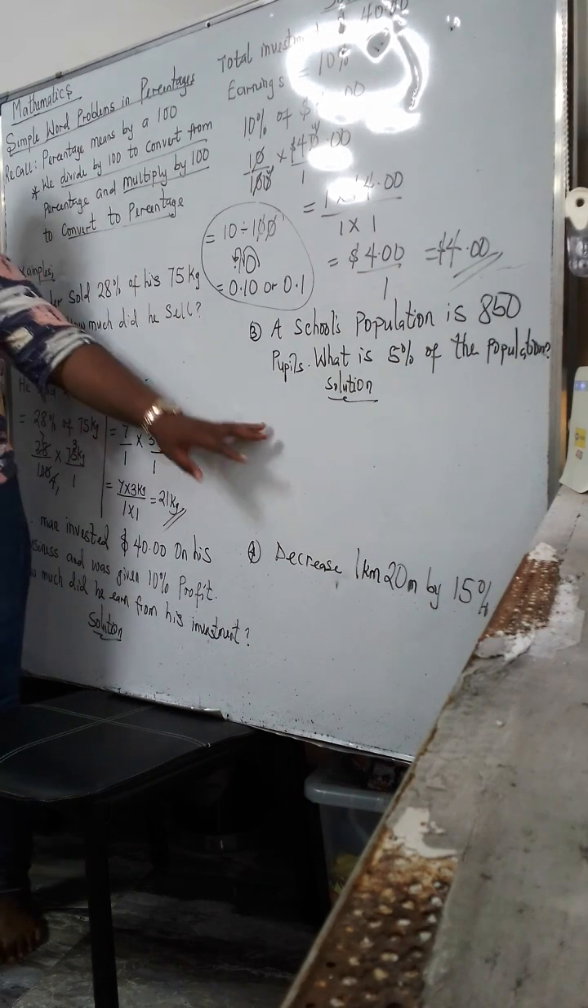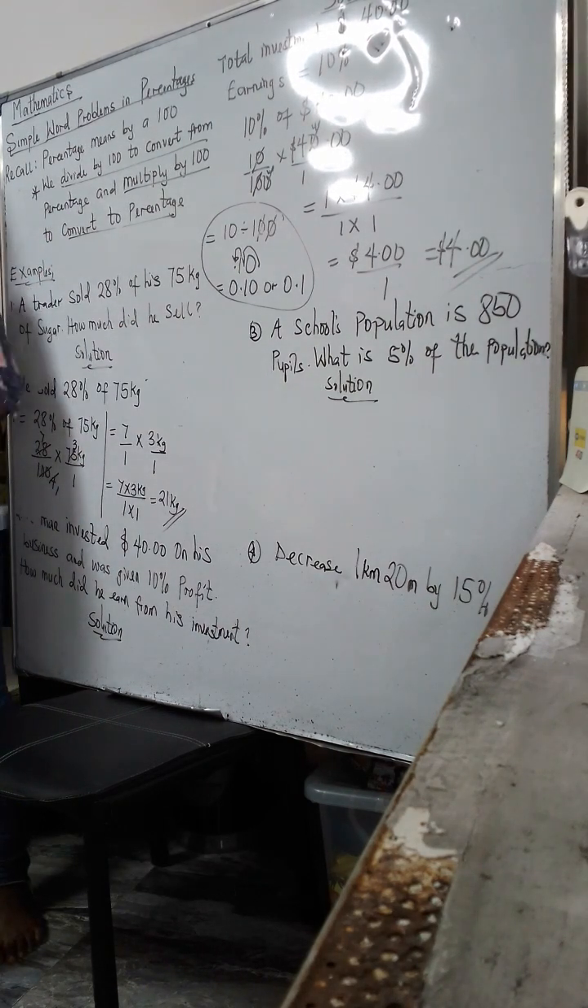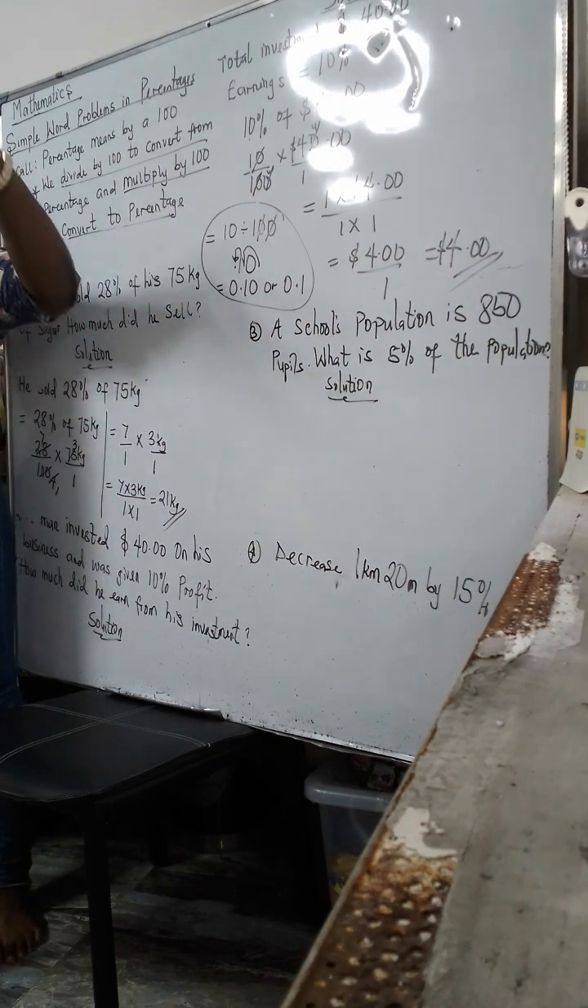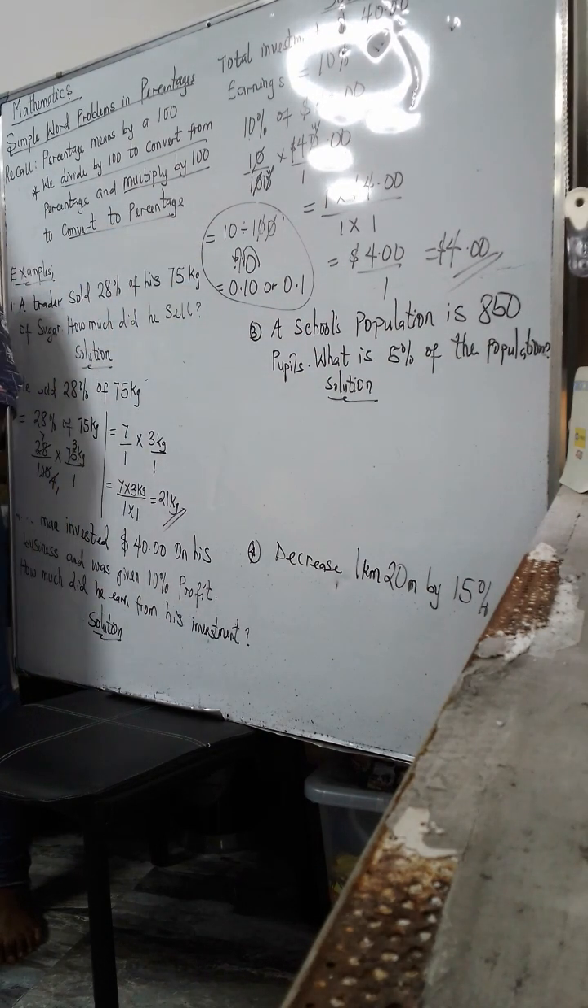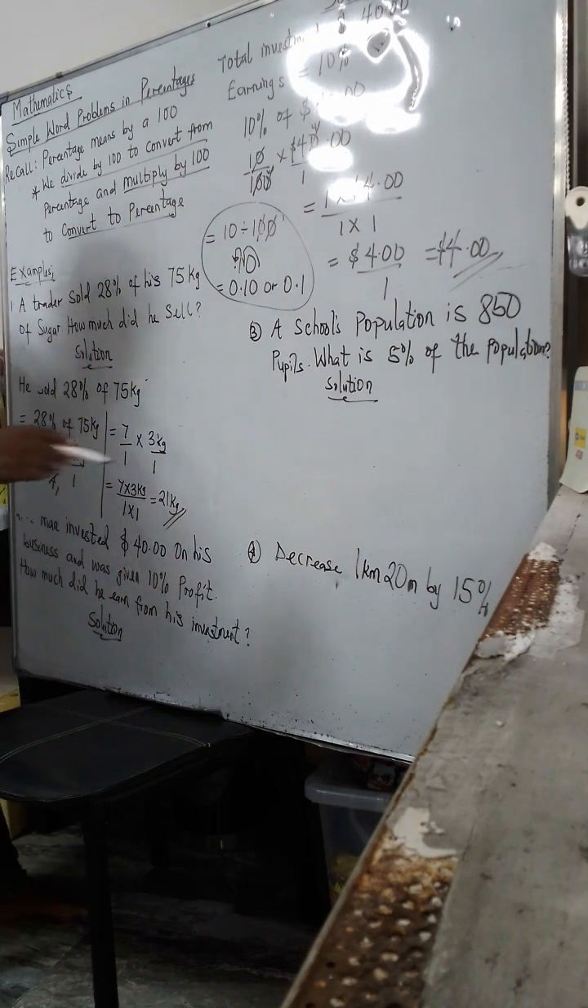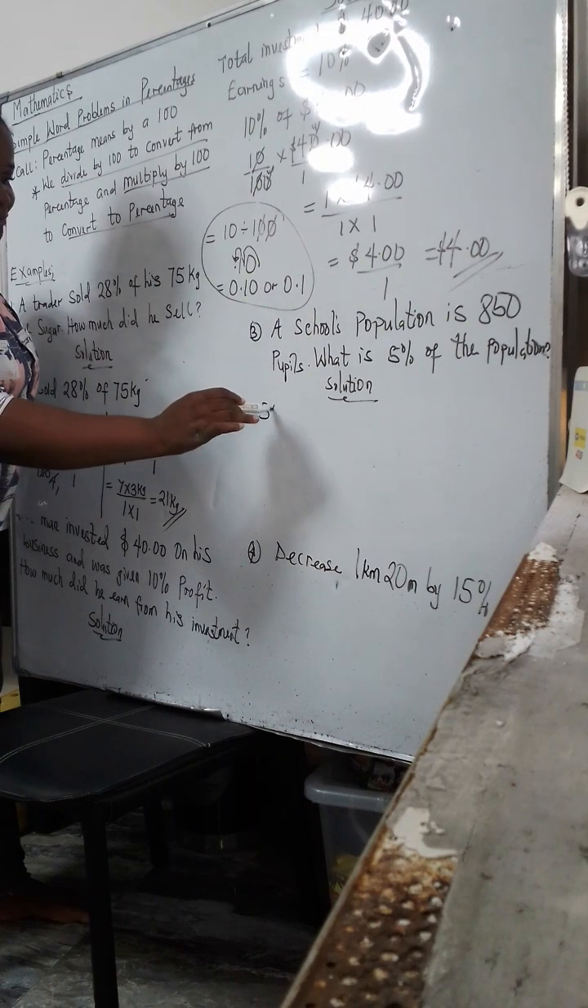So let's look at this. Let's look at the next thing. We have a school's population, 850 people in that school. We want to find 5% of it. Of course, this becomes what? 5%